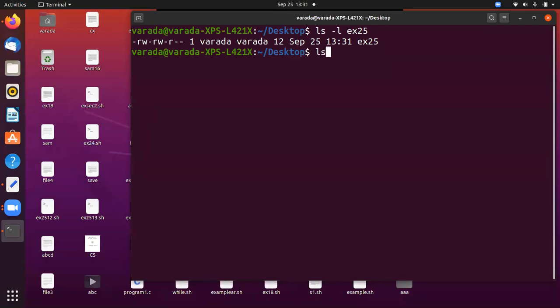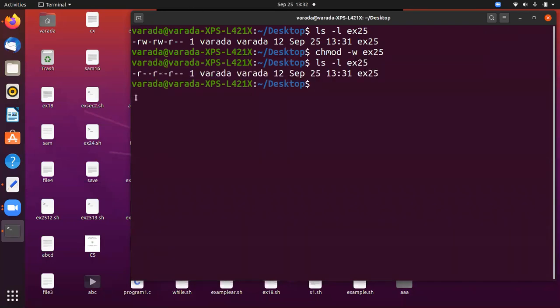For example, if there is no write permission, how can we change the permission? chmod, change mode, -w ex25, then ls -l ex25. Now there are no write permissions.